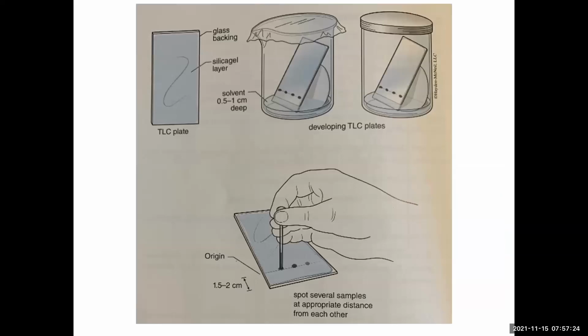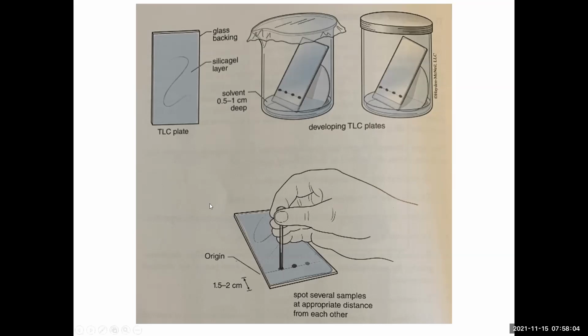Okay, so let's look at that process in even more detail. So again, we will need to acquire a TLC plate. It might have a glass backing or it might have a plastic backing. And on one side of that plate, there will be a layer of silica gel. You can see there will be a layer of a solid white substance. The other side will just be glass, right? So we want to make sure as we're spotting compounds onto a plate, we spot them onto the side with the silica gel, not onto the side that's just glass. It's not going to absorb the compound at all.